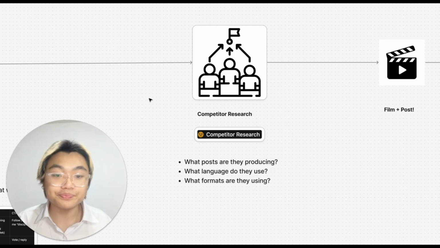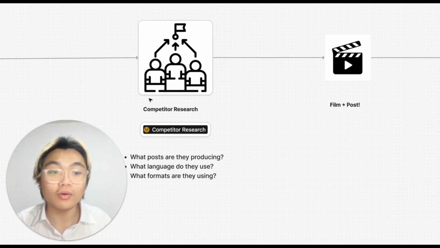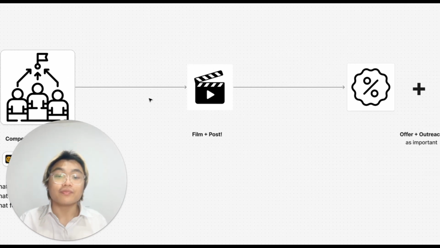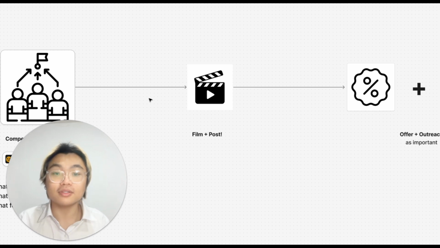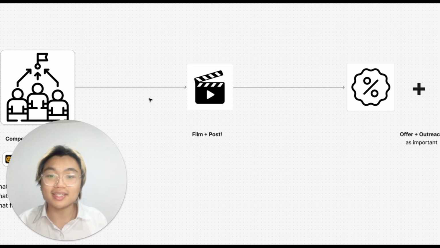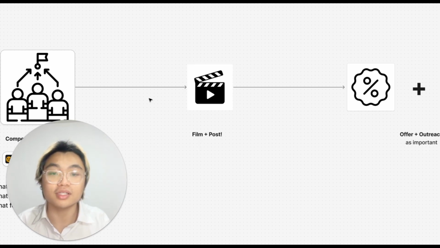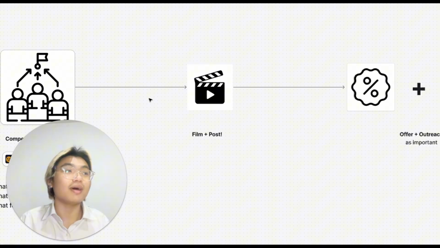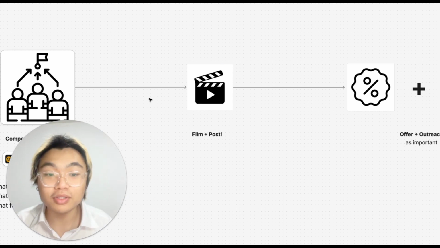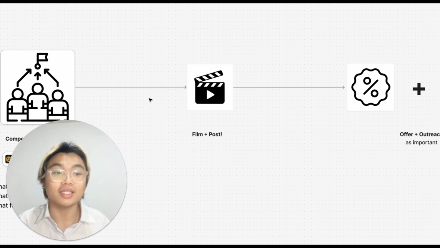Steal like an artist. And if you do all of that, you will be able to produce a well done piece of content. And so then you can go film and post. And you'll notice I don't talk about it a lot here. It's because of the 80-20 rule. The editing and the filming, it doesn't really matter. As long as the posts are intentional and you've actually spent your time ideating, picking the right format, and doing your market research, if the video is really good, the editing shouldn't matter. Obviously it helps, but the most important thing is to focus on what actually matters.